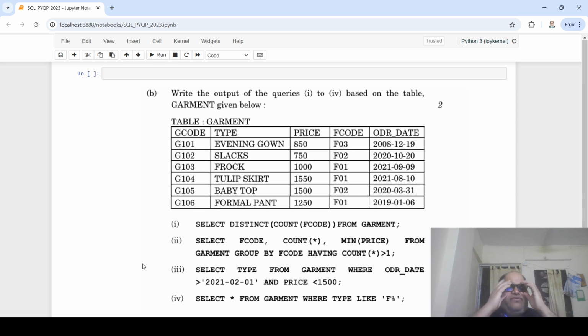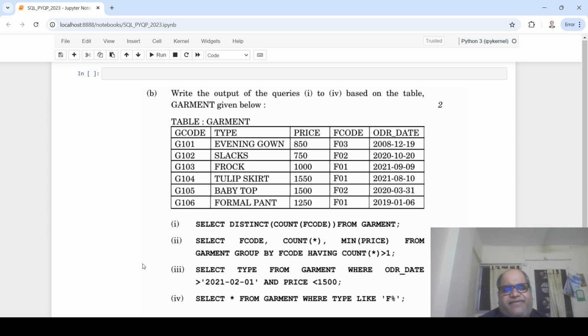It's very, very interesting. This is a 2 marks question. Write the output of the queries 1 to 4 based on the table. So in your exam, you have to just take the question number 1, 2, 3, 4 and give your answer. Each query is half a mark, correct, full marks, incorrect, less than full marks, many times 0. So master all the syntax, write correct output, and what could help you here is, again, stop the video, take a note of this table, process the queries individually, and then see what kind of output you will get. So this is our garment table where we are having G code, type, price, and then F code